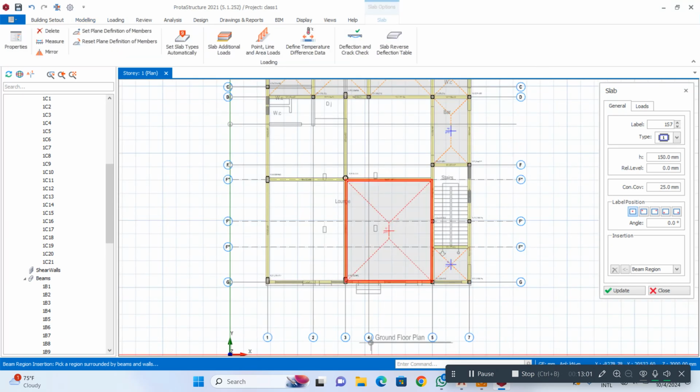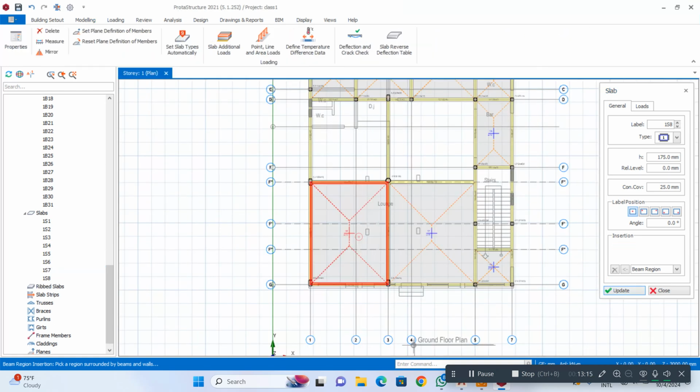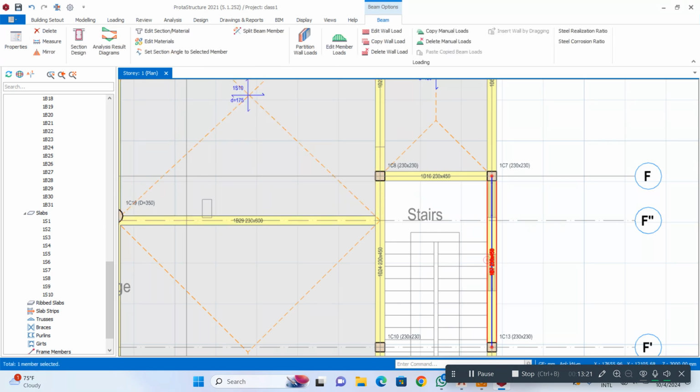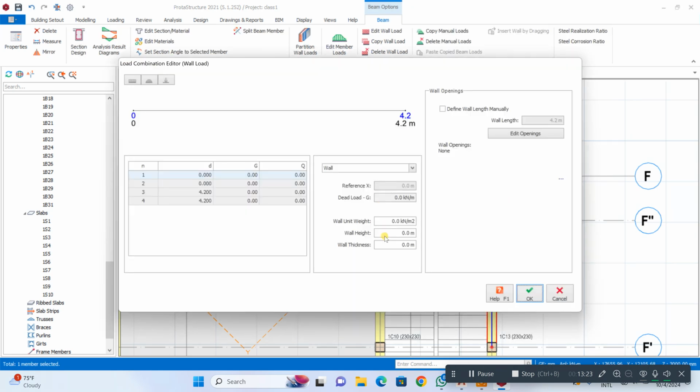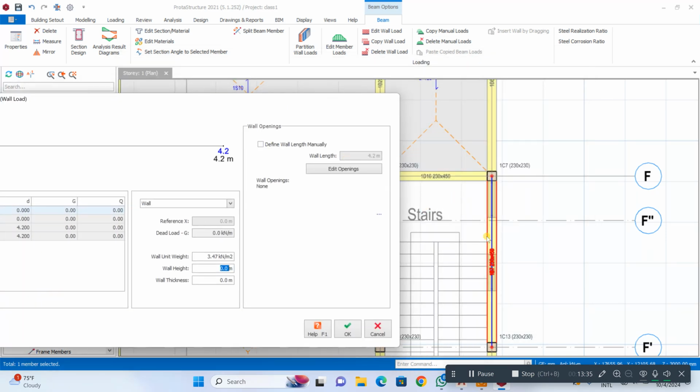So for this, I will change the depth of my slab to be 175. Then the next thing we do is to edit our wall unit load. A width of our Nigeria block 3.47. The wall height. Normally the wall height is a height from the ground level to your soffit, or let me say to your slab. So if you have a slab,